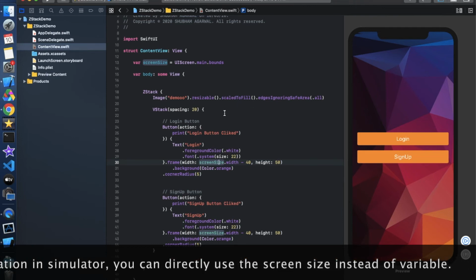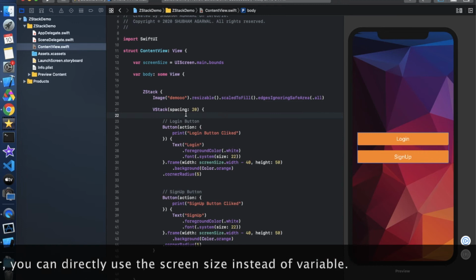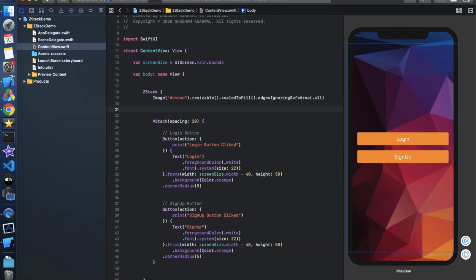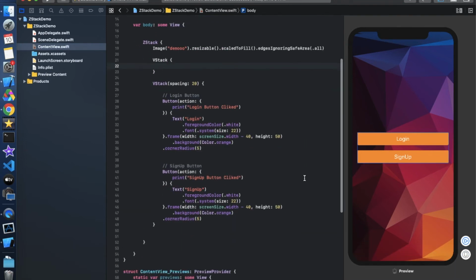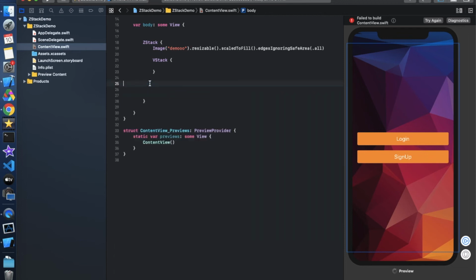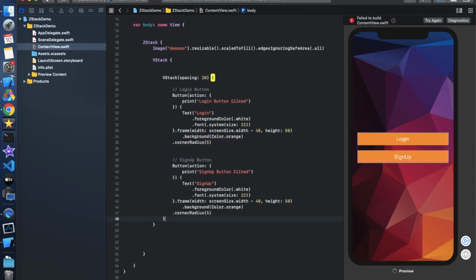So if we try to put an image over here, then all three things, this button and that image, all three things are having a 20 pixel spacing between them. So we don't want that thing. So we need to create one more VStack. So we have to create a VStack over here like this, and we have to put this VStack in the top VStack. So let's cut this thing and place the VStack over here, and we have to put the image